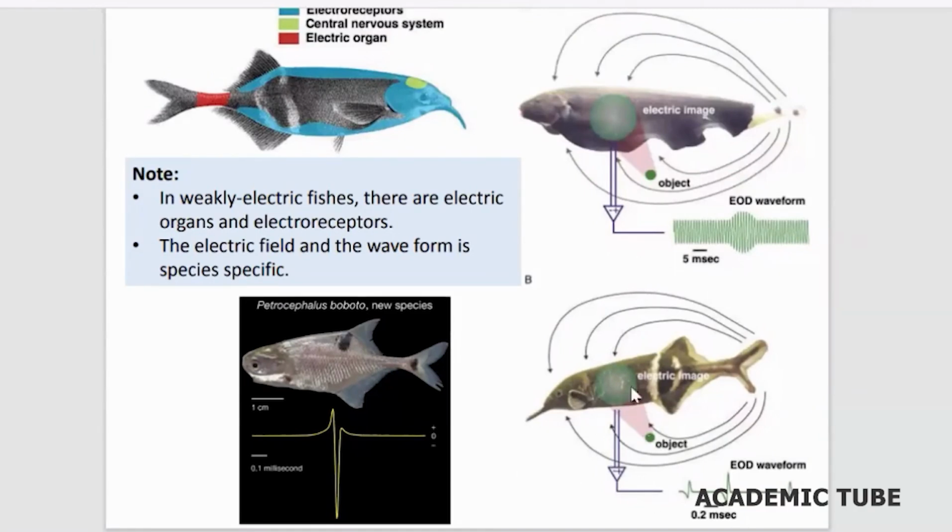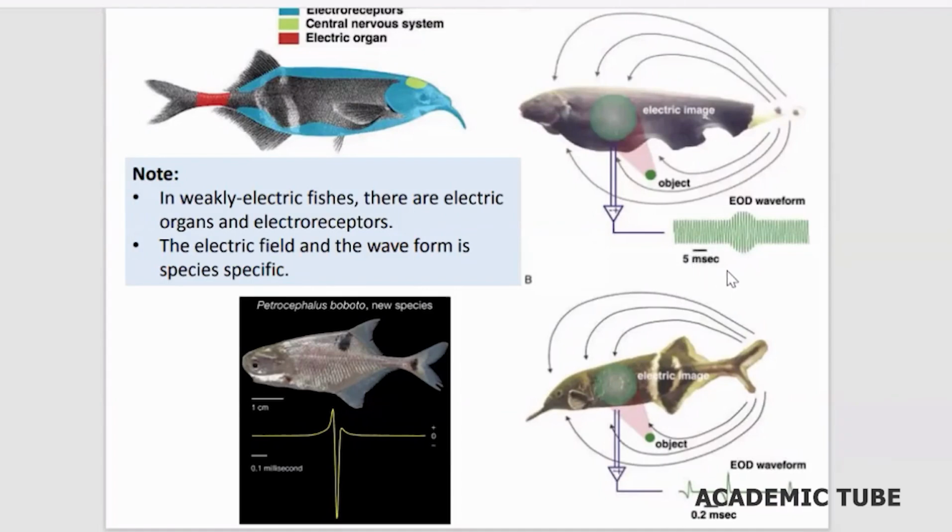Now the other one, the elephant nose fish, a weakly electric fish. Now this is how its electricity wave is like. Now this is yet another species. Now you see in this species the wave is somewhat different. Now here the minimum duration is 0.2 milliseconds. Here the duration between two waves is 5 milliseconds,